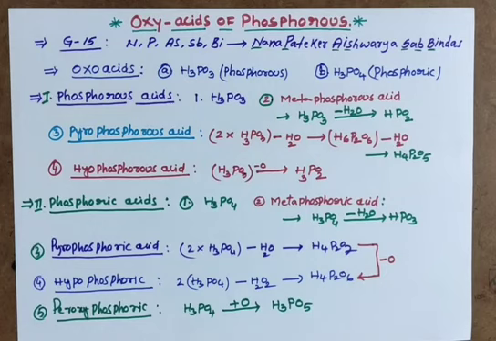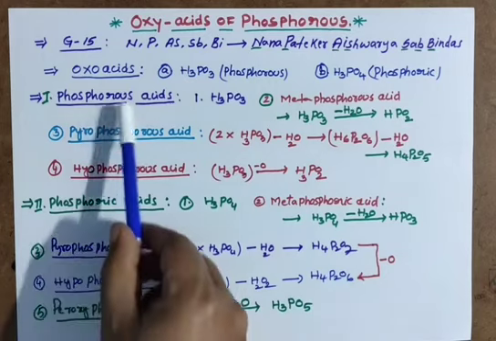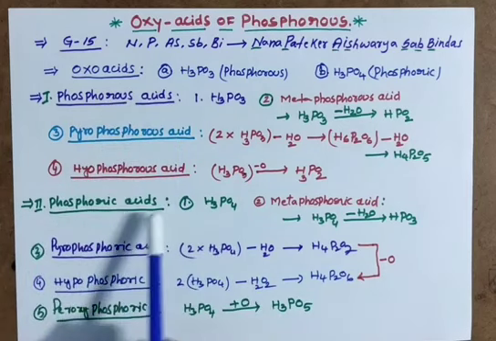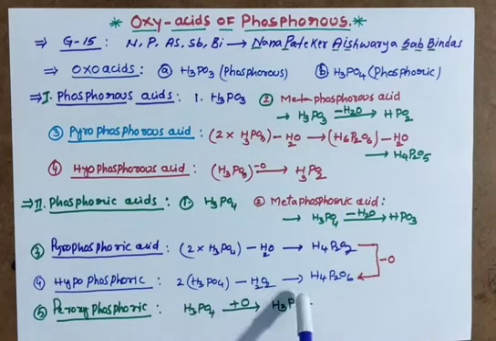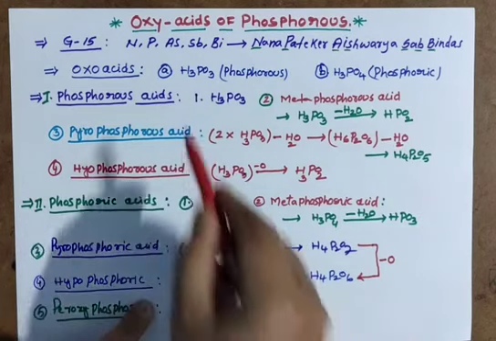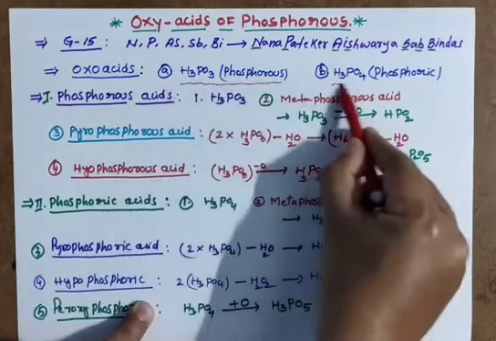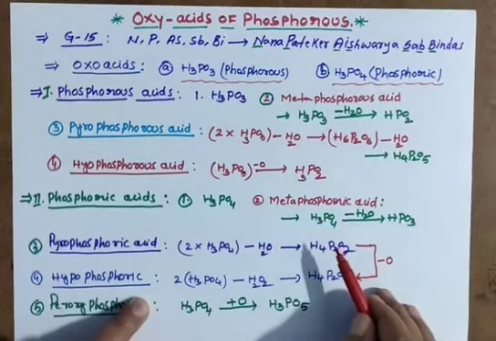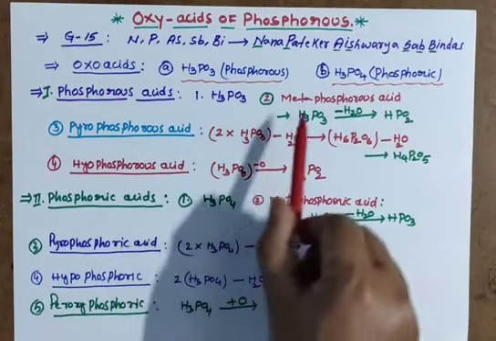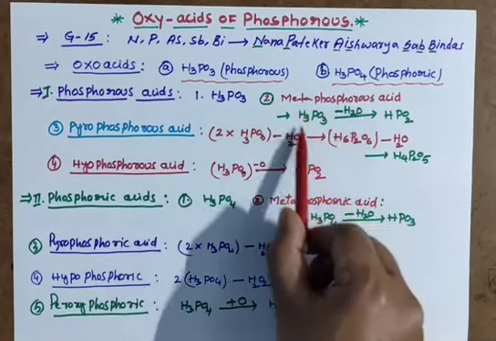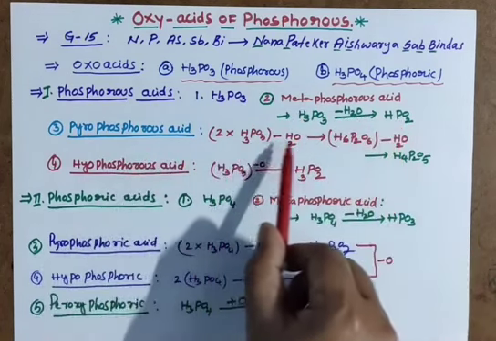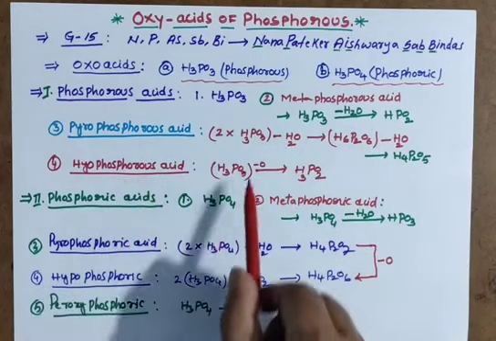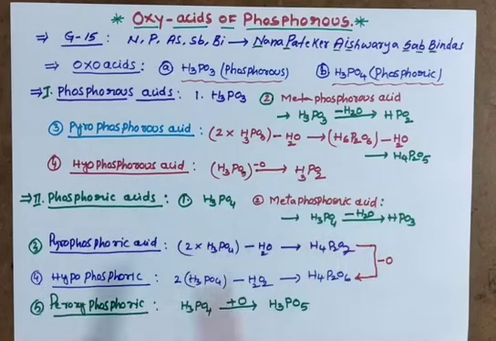So here in total we have 2 types: phosphorus acids and phosphoric acids. Phosphorus acids we have 4, phosphoric 5, together 9. To remember these, 2 basic units are enough: phosphorus acid and phosphoric acid. If you remember these 2, then metaphosphorus acid is phosphorus acid minus a water molecule. Pyro is 2 times phosphorus minus water. Hypo is phosphorus minus oxygen. Completed.